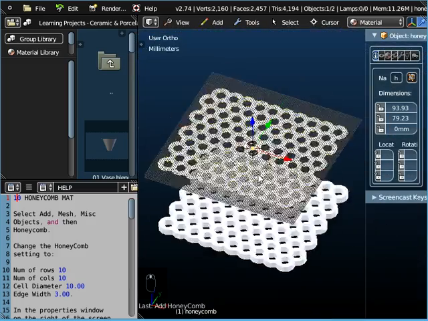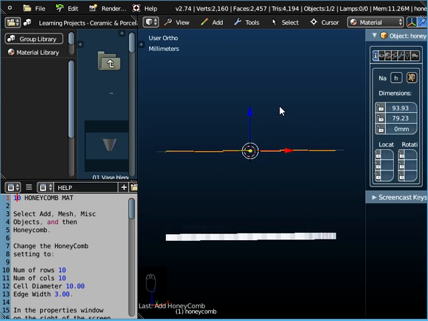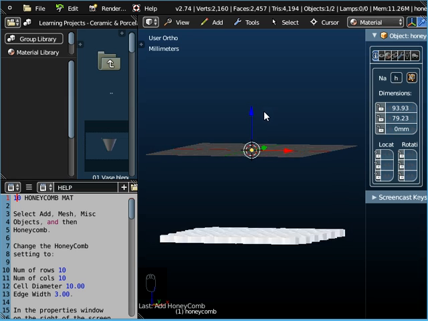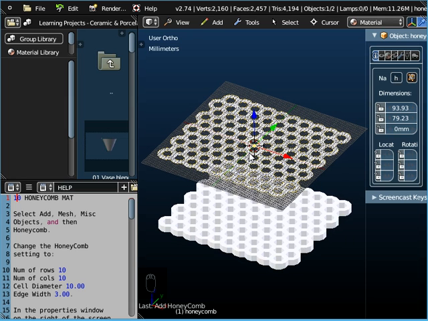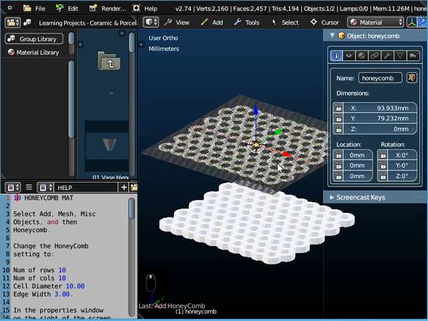And if we just zoom back, you can see that it's now matching up with the size of the finished object at the bottom. But we haven't got any thickness, we haven't got any depth to this object at the moment. So if we tried to print this, we wouldn't get anything at all. So to give it some thickness, what we're going to do is go to the Properties